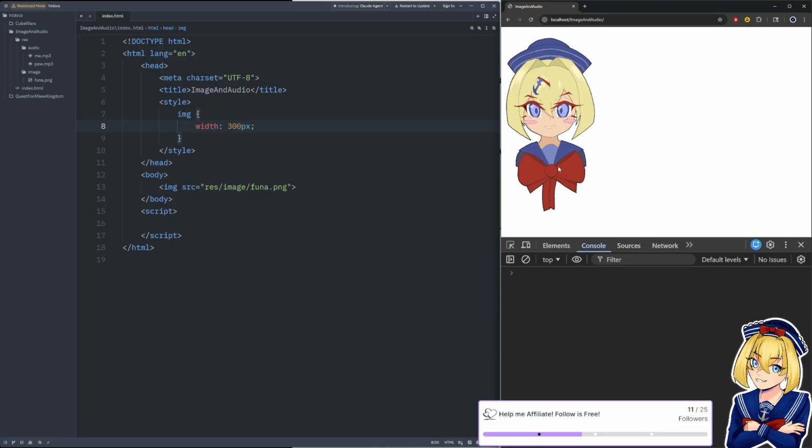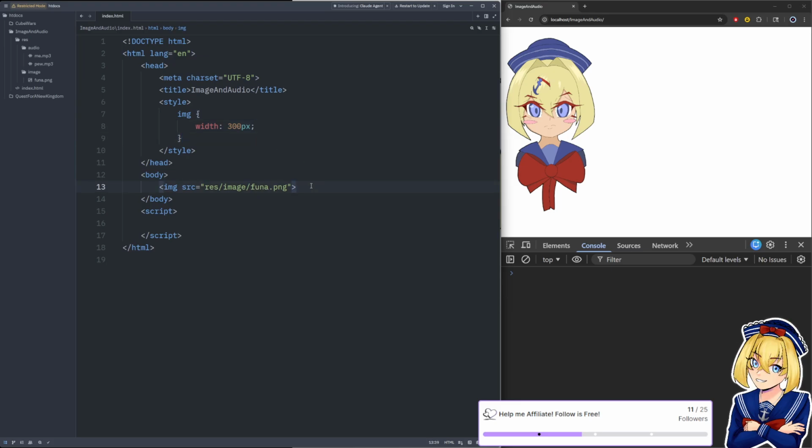It's just done in a different way, right? So instead of width equals 300, now it's width is 300 pixels. And again, same rules apply. If I did height, it would try to maintain the aspect ratio. If I specified width and height, it would break the aspect ratio and do whatever I told it to.